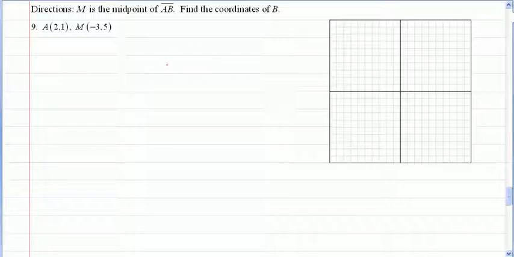And for the rest of the problems, the directions are that M is the midpoint of AB, and we want to find the coordinates of B. So point A is the point 2, 1. So that's right over here, point A. And point B, or point M,